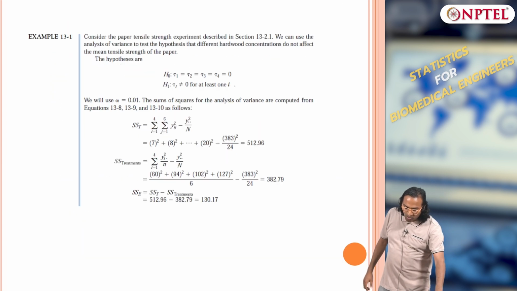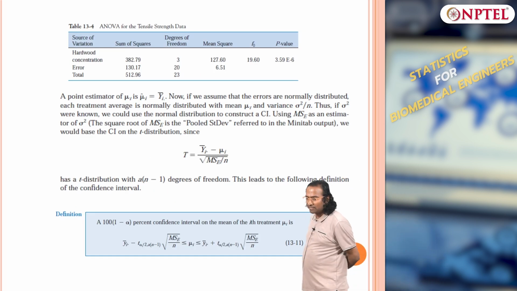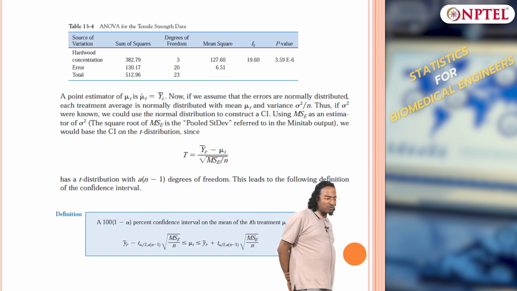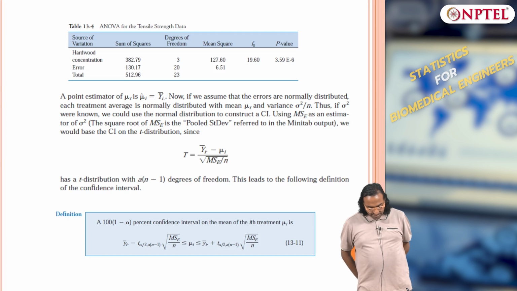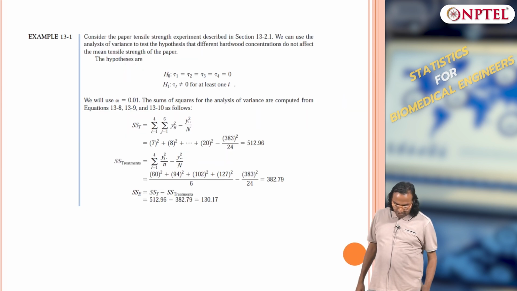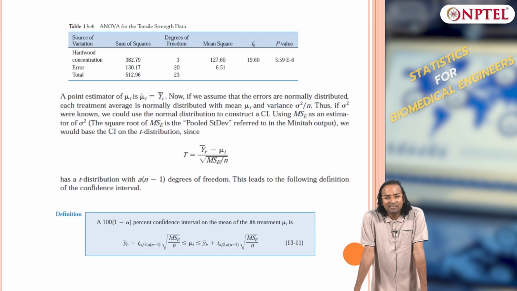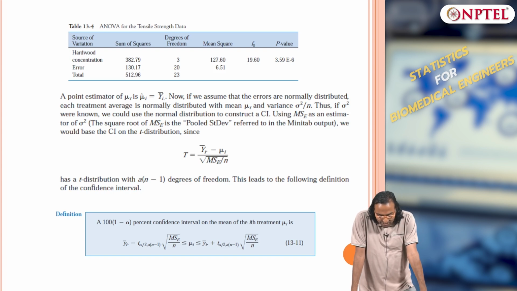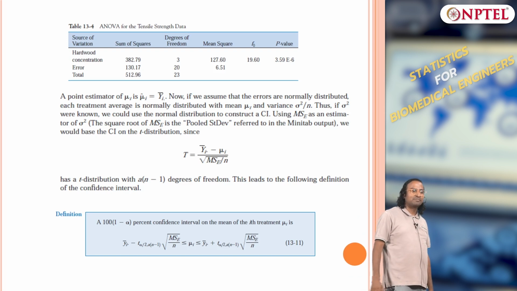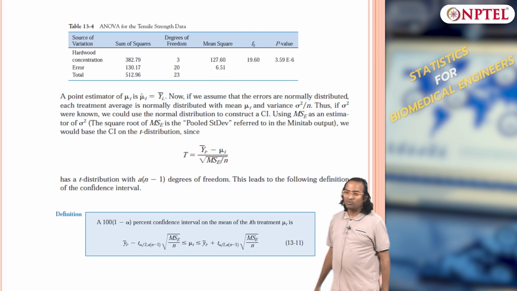Let us say I know that I could reject the null hypothesis. I am rejecting the null hypothesis. What is the next question you will be asking? Which treatment is not 0? Now you know one of the treatments is not 0. The next obvious question is which treatment is not 0. So, how do I proceed with this?